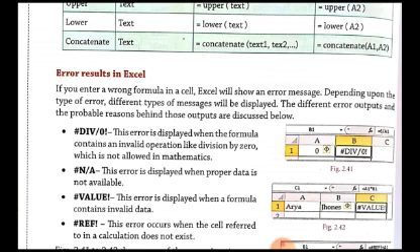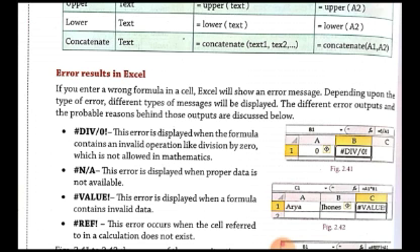Okay. The first error is the div/0 error. This error is displayed when the formula contains an invalid operation like division by 0. Div/0 means the division by 0 error. Division by 0 is not valid in mathematics; you can't divide by 0. So whenever a user tries to divide some value by 0, Excel will show the error div/0, which is not allowed in mathematics.